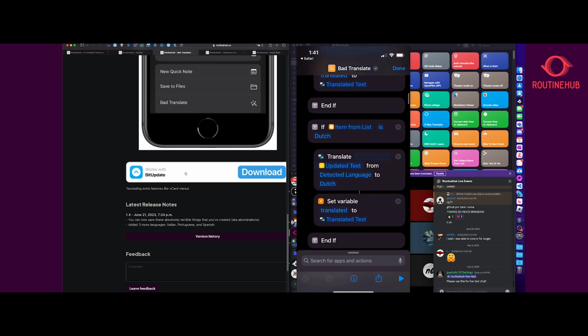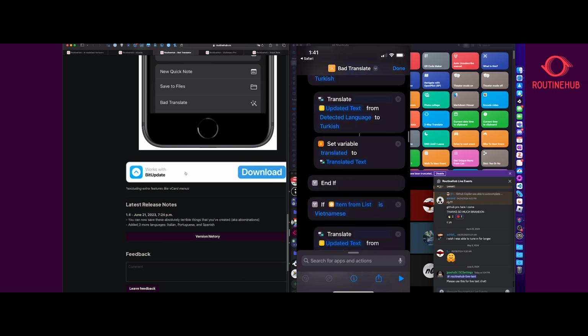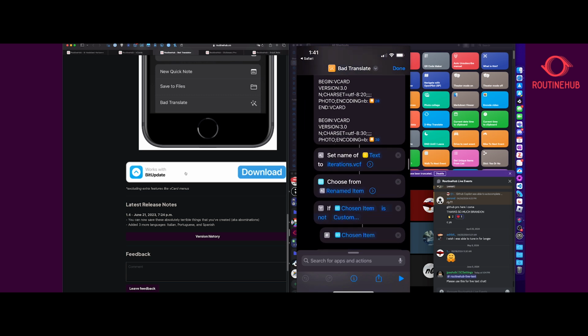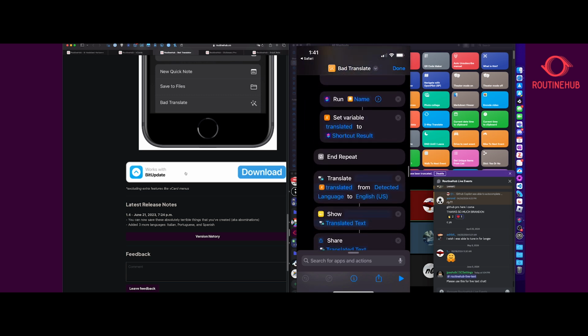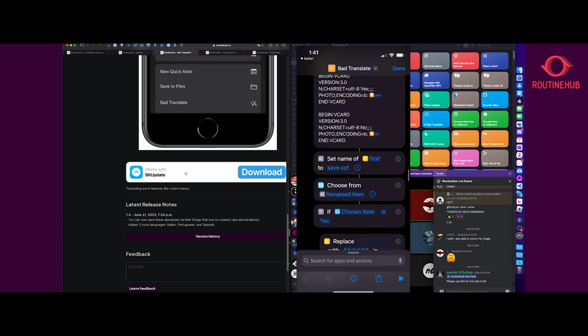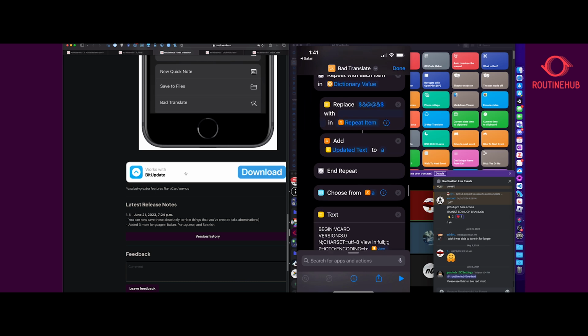It's probably because of the V cards. I think anytime you have to share shortcuts it thinks that you're creating contacts or something. Yeah, that could be it. That's the only place where contacts would seem to come into play here, is that V cards are basically contacts.